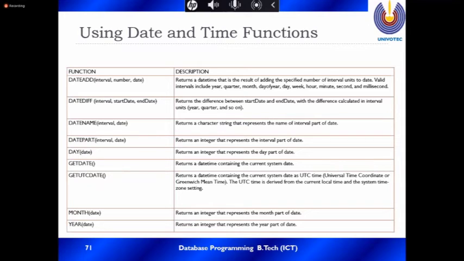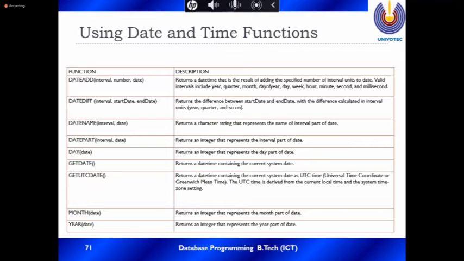Okay, GETDATE returns the datetime containing the current system date. The system date, now, you can get now. That's like printing. When you use your ATM card, it prints your time and date. Then the GETDATE function prints the particular time you withdraw or deposit money.